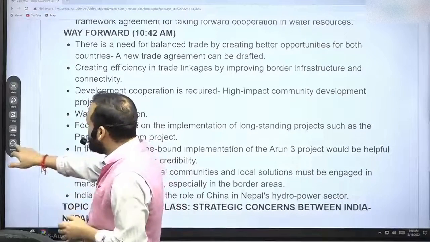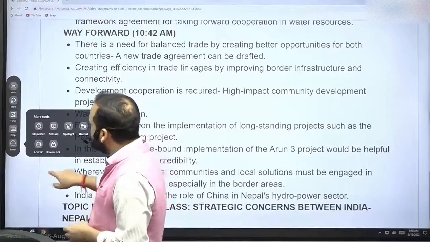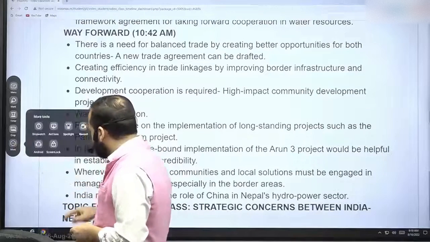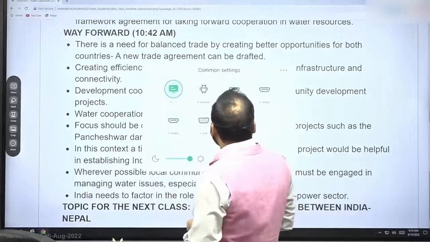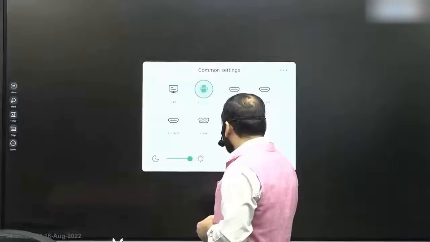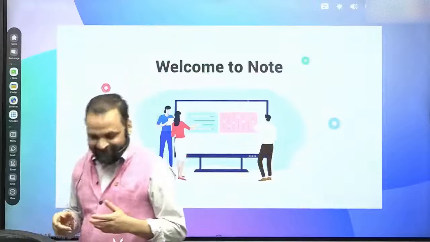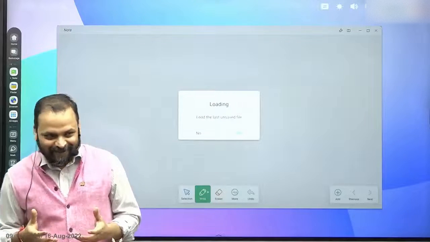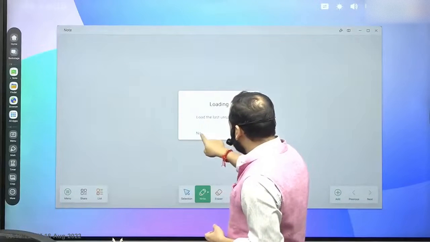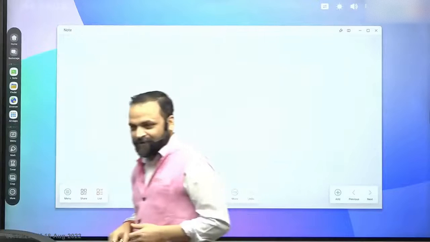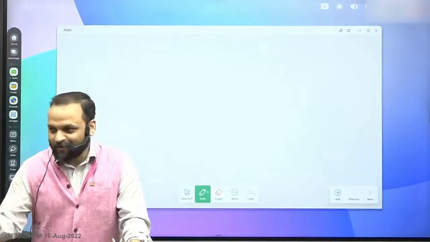I always forget how to operate this board. Anything else that comes to your mind? Where are the notes? I can't find the notes. I go to the menu and then what do I do? Android. I go to Android. This is the sign of Android. And then what do I do? Oh, and I find it. Thank you. This is called cooperative learning, two-way learning, adaptive learning. I learned, right? It happens. I tend to forget the easiest of things. And thank God I'm not writing an examination. Right. Okay. I can understand your pain.